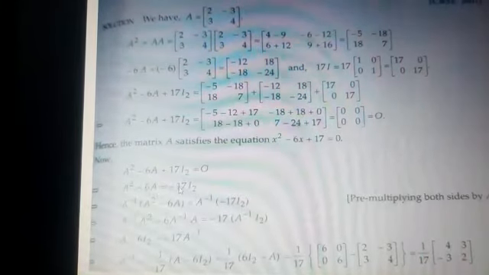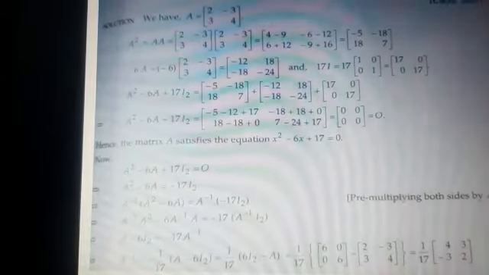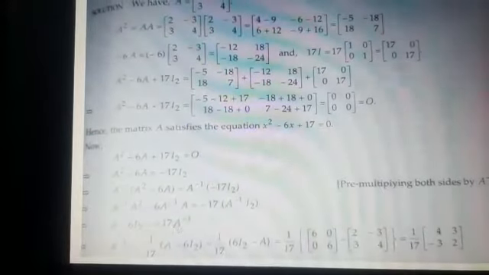So to use this equation, we will take A square minus 6A is equal to minus 17I2, and then we'll multiply both sides by A inverse. Multiplying both sides by A inverse, you can easily find A inverse into A square, which is A inverse into A multiplied by A. So what is A inverse into A? It is I. So this will give you I into A, that is A. Then A inverse into A again means I, so it is 6I. Then minus 17 is a scalar, so it will come out of the bracket. This A inverse is multiplied with I2. Multiplying by identity matrix will give you the same A inverse. And then A minus 6I2 is equal to minus 17 A inverse.